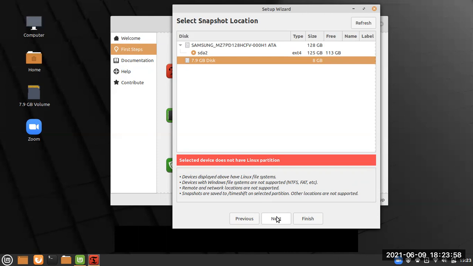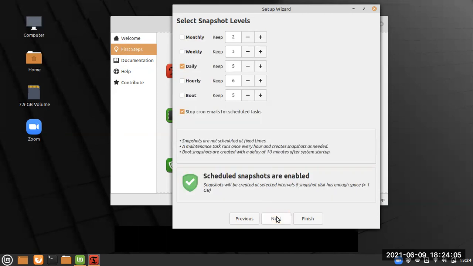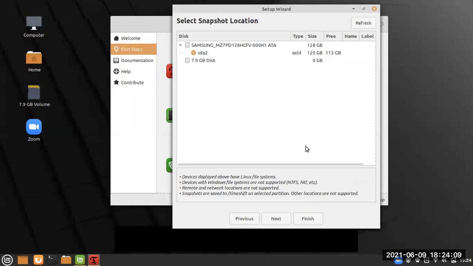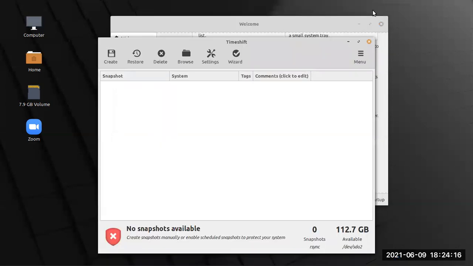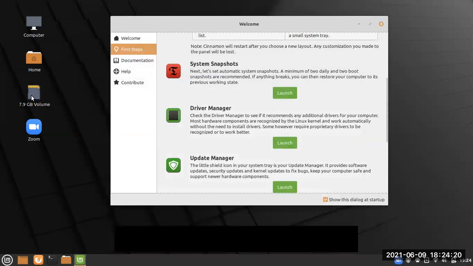Devices with Windows files not supported. Isn't that interesting? All right, let me see what happens if I choose next. No, it didn't. All right, so it's telling me I need to make a Linux volume on there. All right, well, let's see what happens then. Let's close this for the moment. And let's go over here to this volume